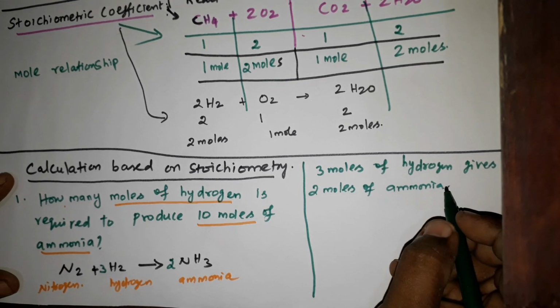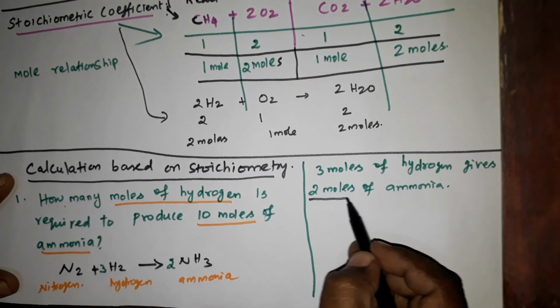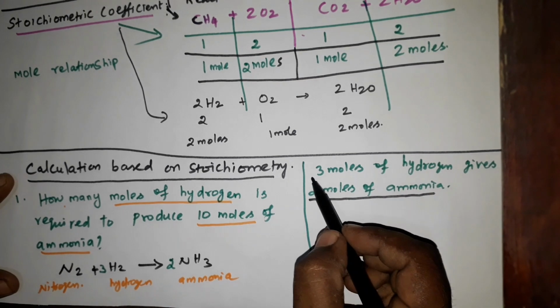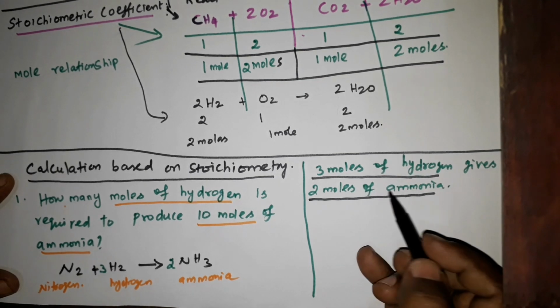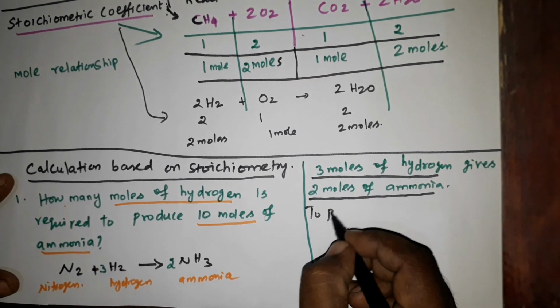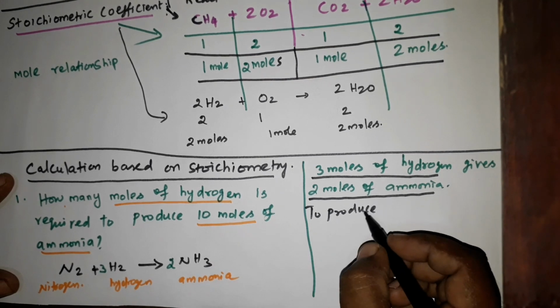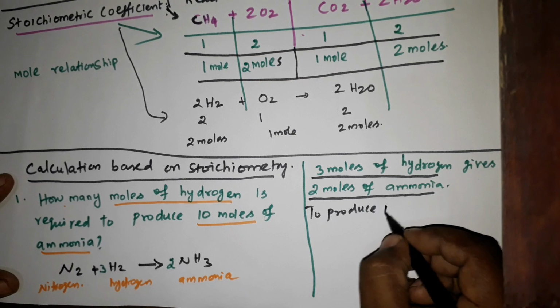So to produce 2 moles of ammonia, we need 3 moles of hydrogen. And as per the question, to produce 10 moles of ammonia,